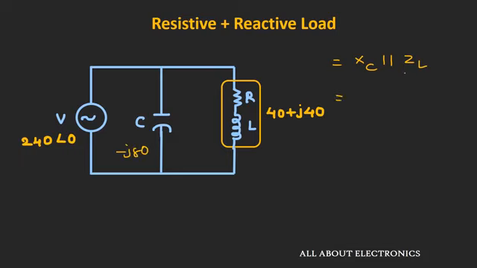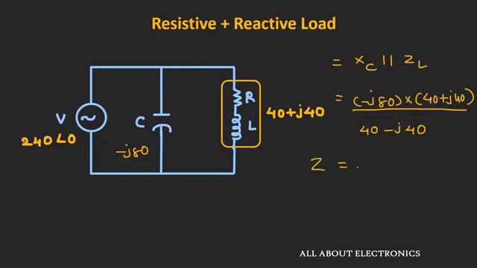So now this XC parallel ZL will be equal to minus J 80 into 40 plus J 40 divided by 40 minus J 40. And if we calculate the value, then the impedance Z will come out as a 80 ohm. So here this impedance will be purely resistive,